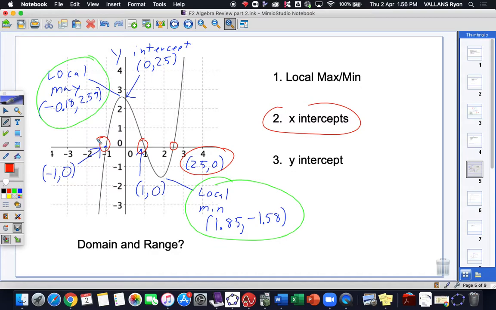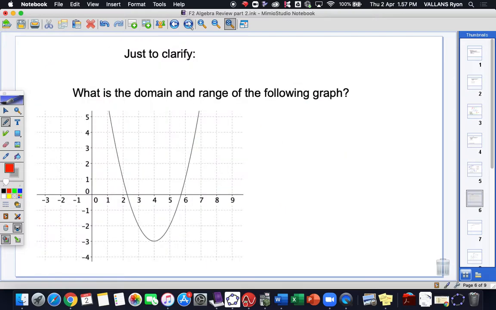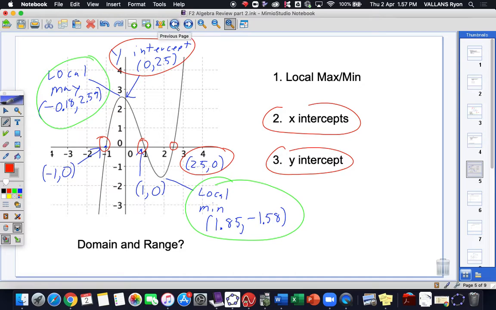Make sure you know how to do it on a calculator, that you're not just guessing because it's close. And then the y-intercept on this one is (0, 2.5). Okay? One more thing. Just to clarify domain and range once again: x doesn't end